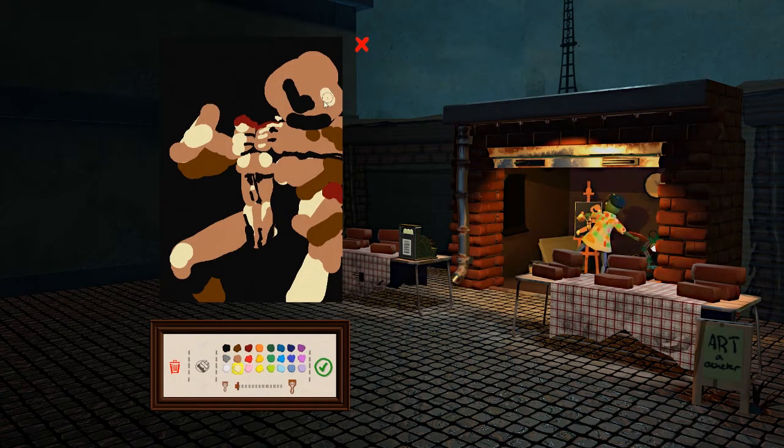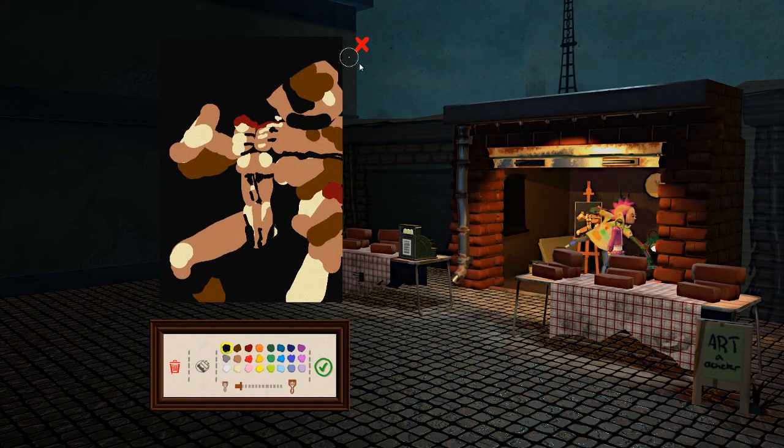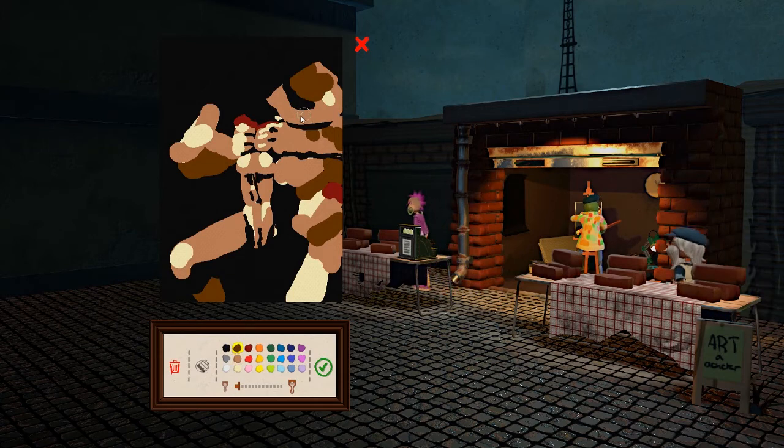We'll put that there, and then we need to make this mostly on the darker side. Let's also come through with the black and just kind of erase that, so to speak. So we'll do that. That more or less defines his shoulder. If we do just a little bit more there, and then make it really dark, then we might be